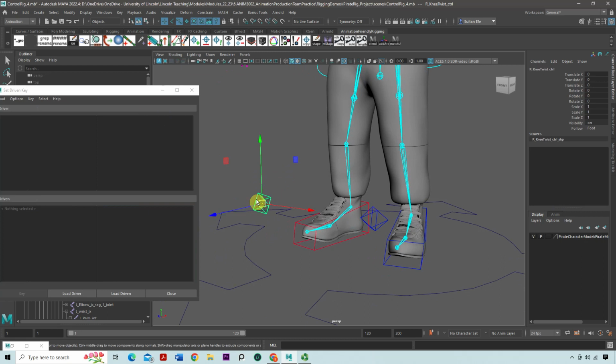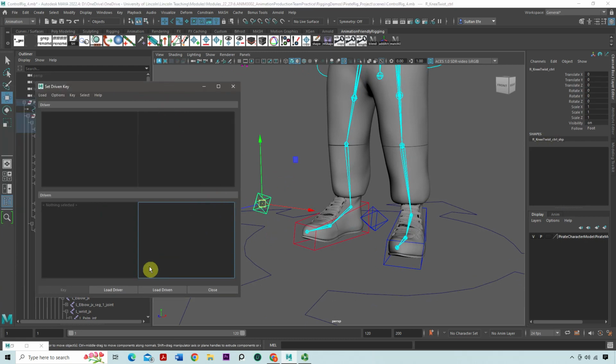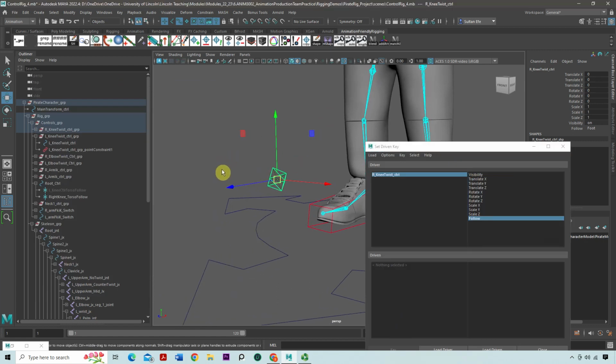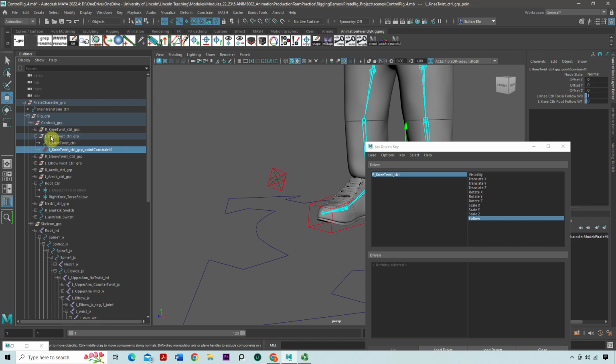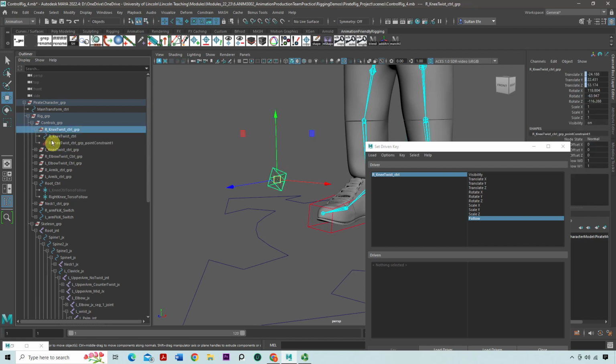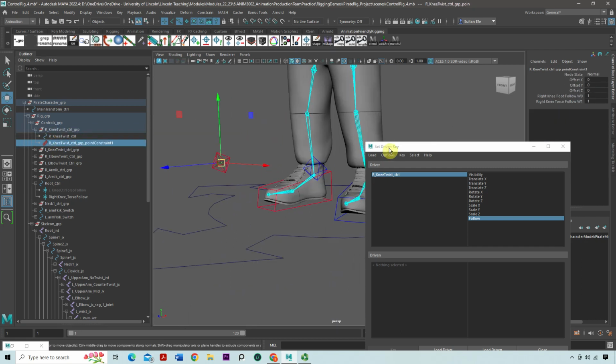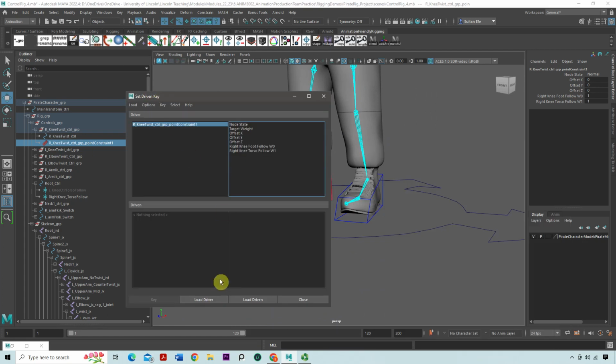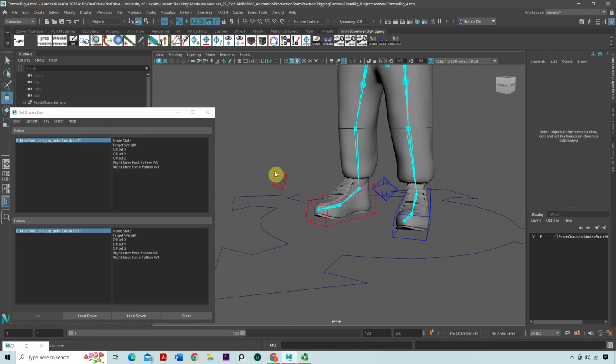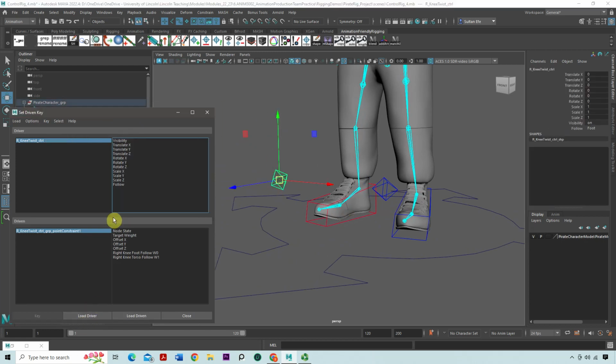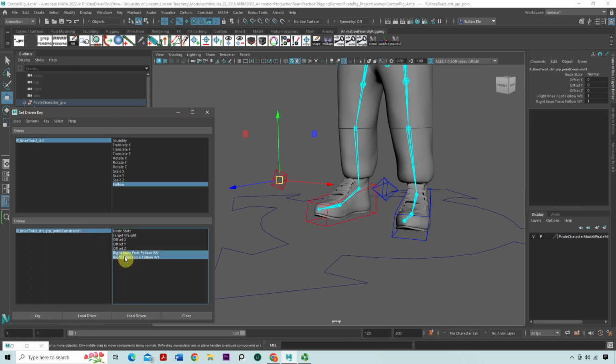We're going to click on the knee control, which has got the attributes, load driver, follow. And then I'm going to find the point constraint of the right knee twist. We're done with the left one. Okay, it's this one. Load driver. Oops, driven actually. I forgot. Let me just bring the control as a driver. Okay, so we select the follow attribute, we select the constraint, we select the constraints